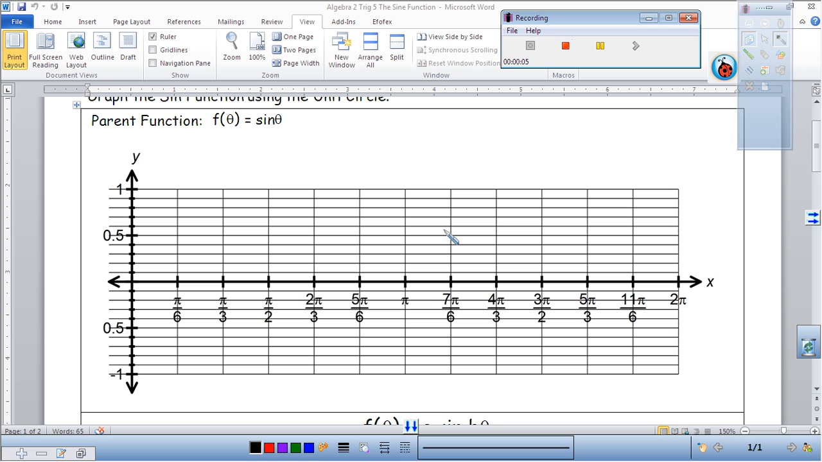So we're going to be graphing sine on our unit circle. We're going to start with all of our x values, and we want to find the sine on our unit circle. So if you go back to your unit circle,